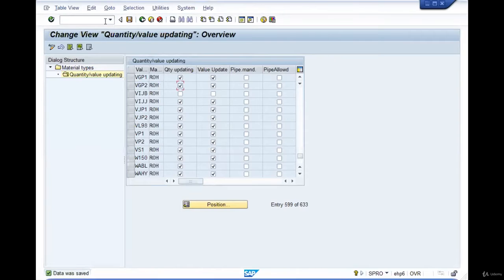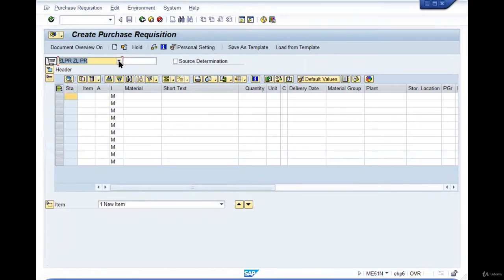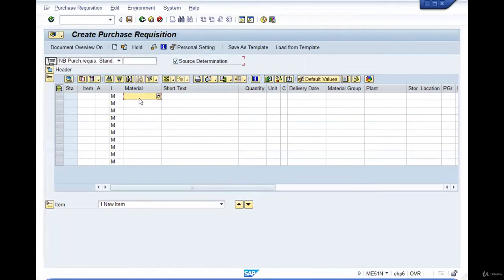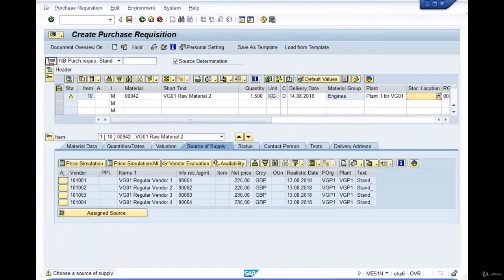So now go back to ME51N and create the document again. When I press enter, the details of the material, like the short text, the description, the unit of measurement, the delivery date format, material group, purchasing group will be automatically copied from the material master.